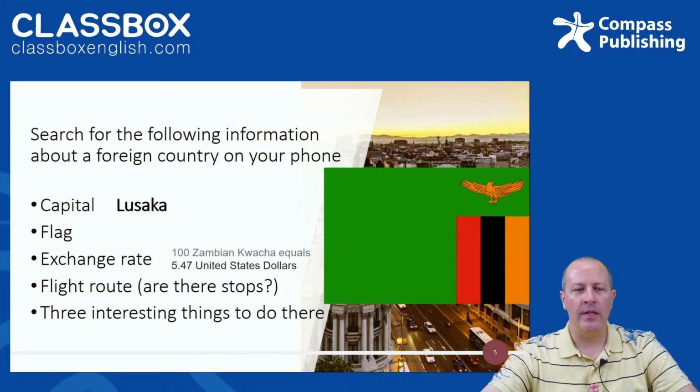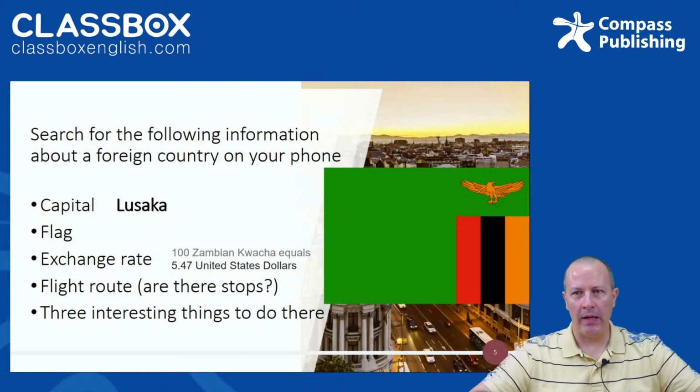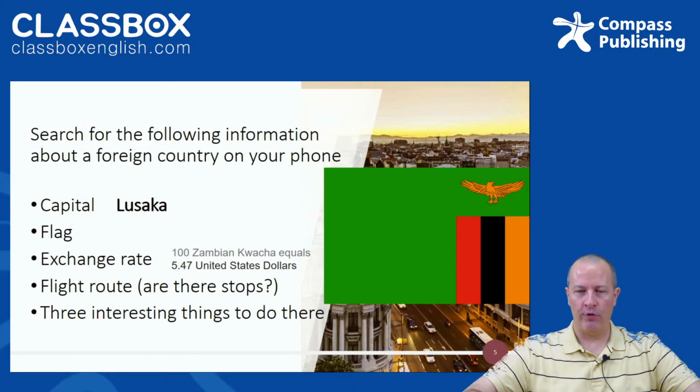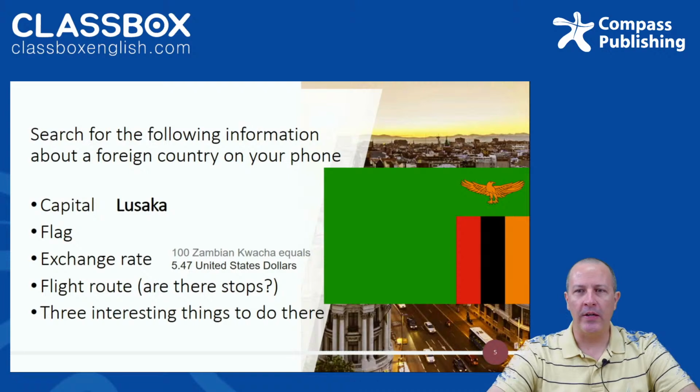So think about this. This is the kind of project that you could do in a single class. Again, give them 10 minutes to play with the money, look at the kind of money, make some predictions about the money, notice some things about the money, and then very quickly, if they've chosen that money, you give them these things to look up. Then what you can do, let's say they're working in groups, maybe each group member has chosen a different country, then they can share the information they found. So they would say, hey, what was your country? My country was Zambia. Okay, what's the capital?